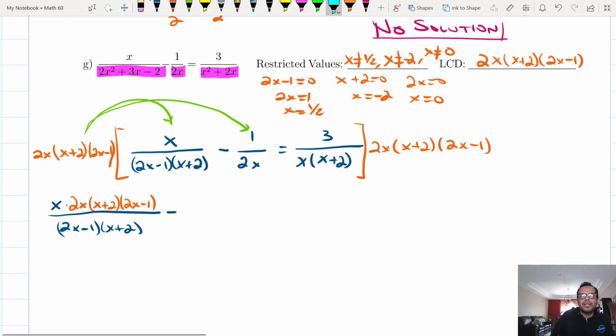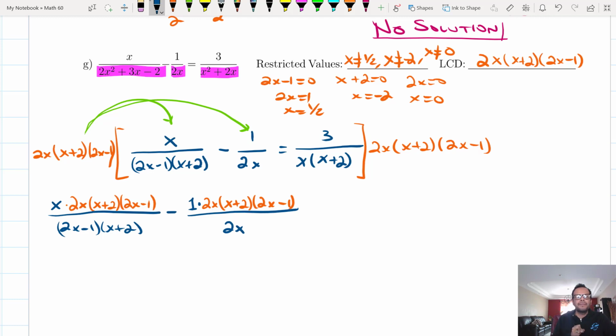So essentially we are multiplying the quantities 2x times x plus 2 times 2x minus 1 by 1. Let me unhighlight. I'm going to keep the same colors. 1 times the quantity 2x times x plus 2 times 2x minus 1, which gets divided by the quantity 2x. Okay, that equals,